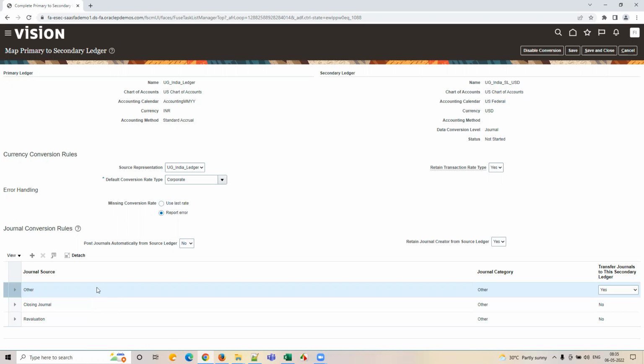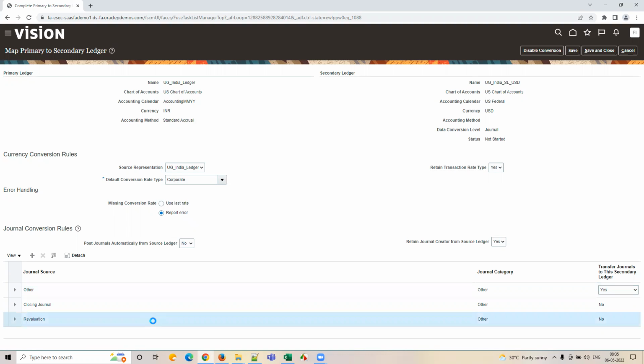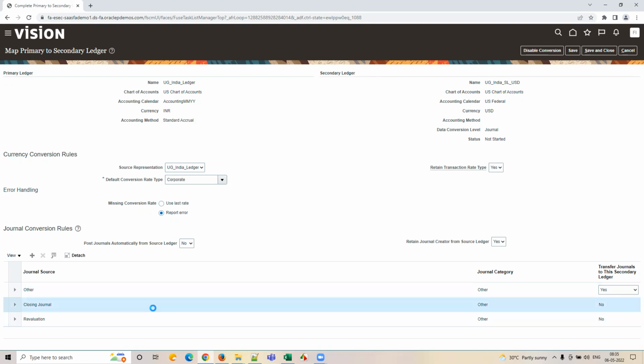What does it mean? All the journal sources will get converted. If you don't want to convert some, for example, revaluation and closing journals will not be transferred to your secondary ledger, because revaluation and closing journals are done in the primary ledger, right? You have already revalued it. For example,